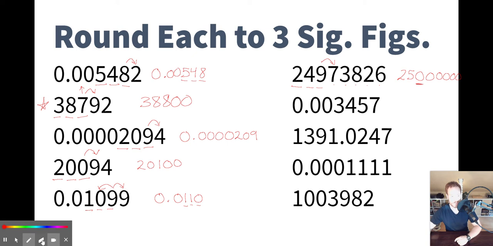Now, there's two ways that we can write this number so that we can show that it's significant. One way that some people write numbers to show that a zero in a line of zeros is significant is they will put a line above it and say that is significant. That's all right. The best way to write this number with that zero being significant would be to write it in scientific notation. So if we did 2.50